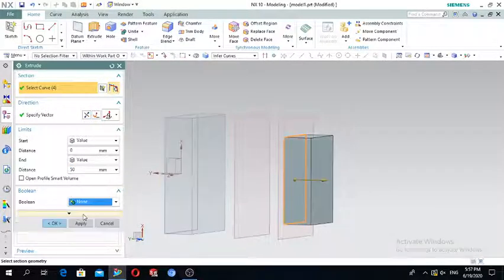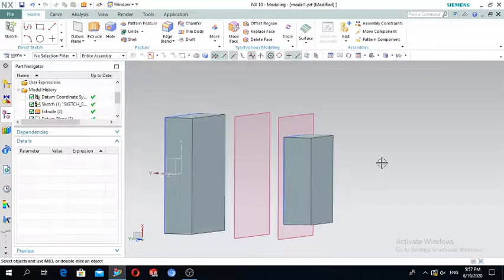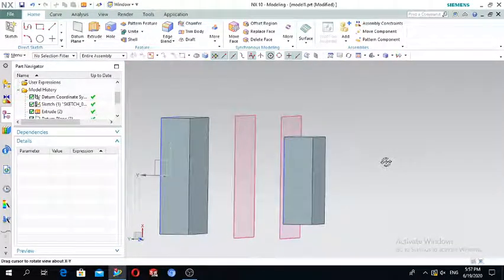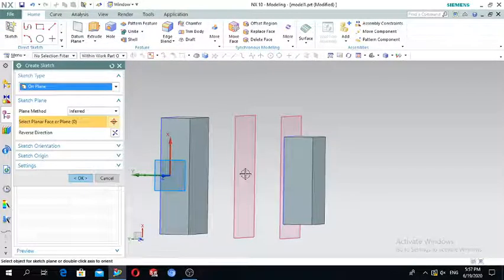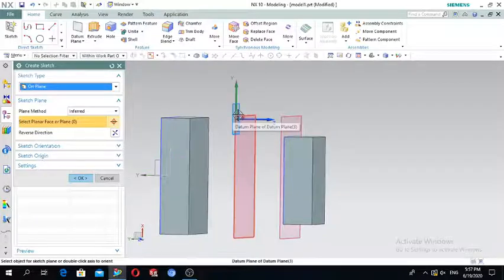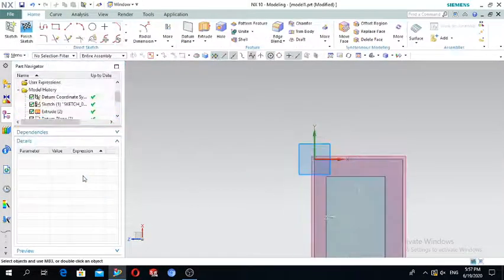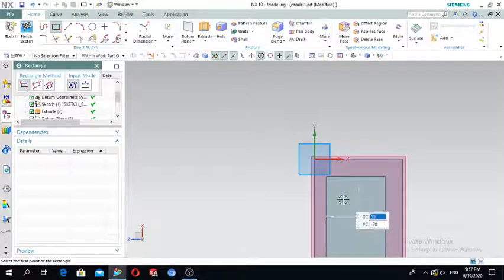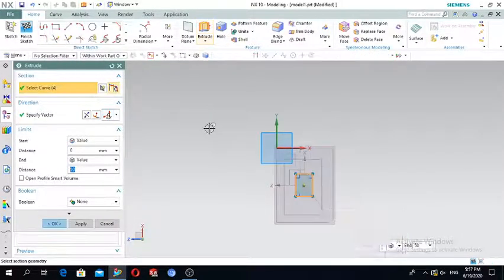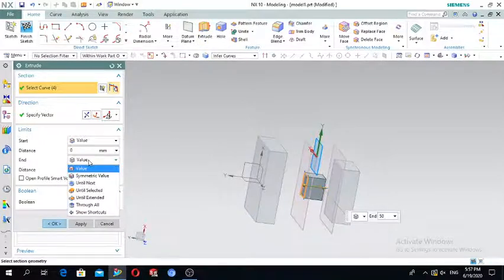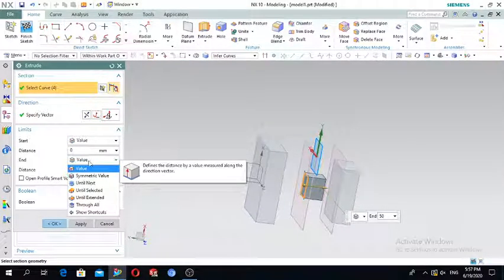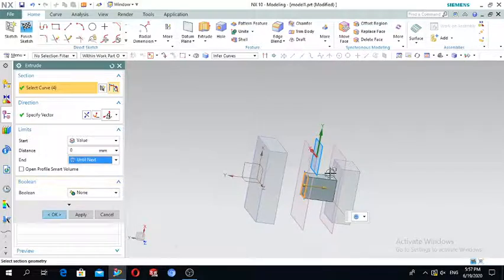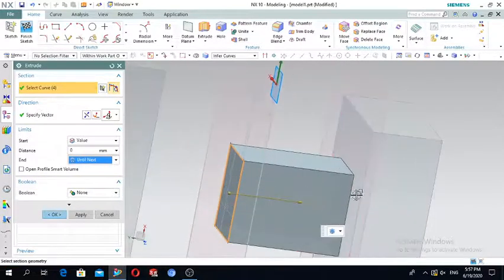Select this plane, press OK, and draw a smaller rectangle, extrude it. If you select here the value until the next, you see its end value automatically goes until the next